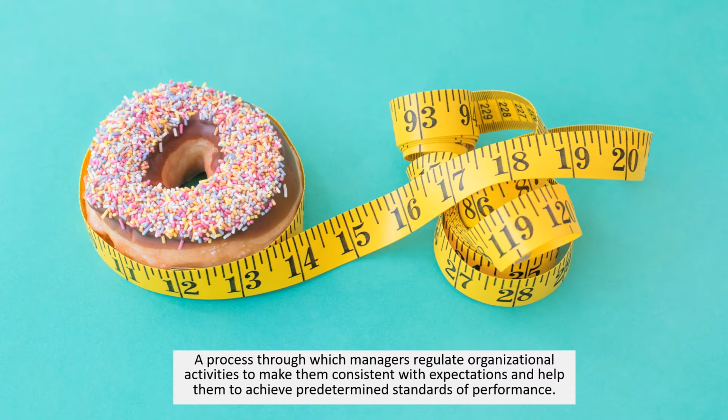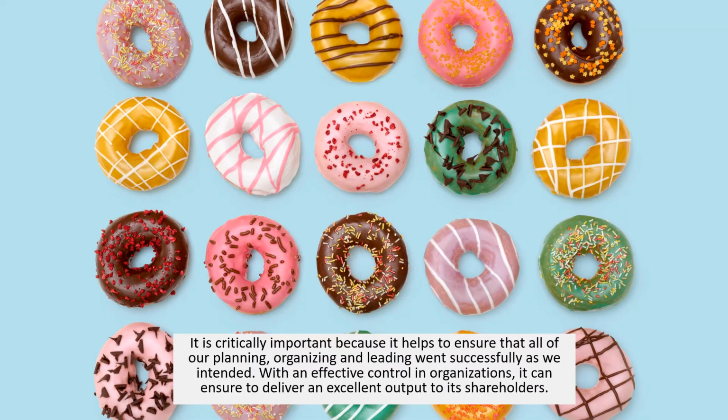That's why we have to control, so that we will get the product as what we expect it to be. It's critically important because it helps to ensure that all of our planning, our organizing,